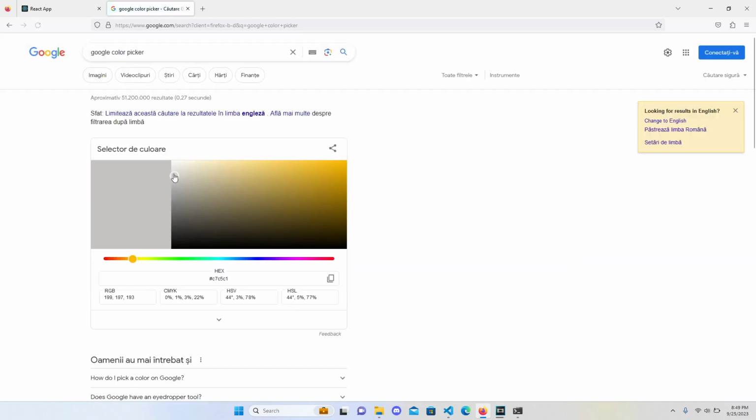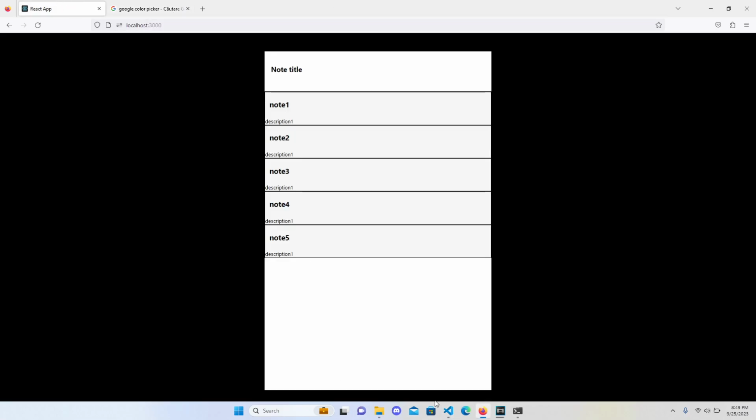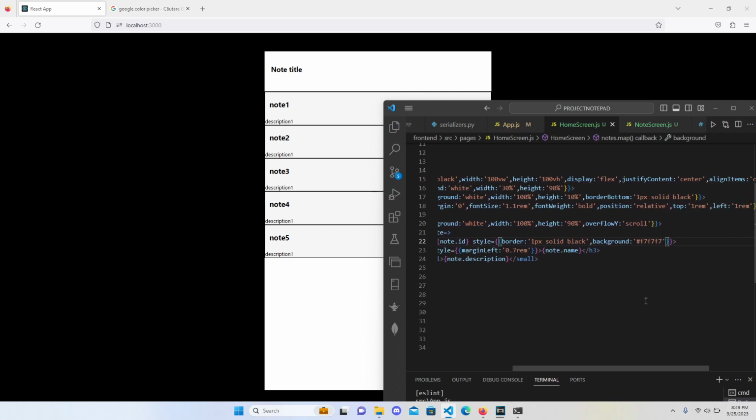Let's just make this one, copy it and add it right here. Okay, but some of them I want them to be white, some of them to be this type of color. So we can say something like background color is going to be